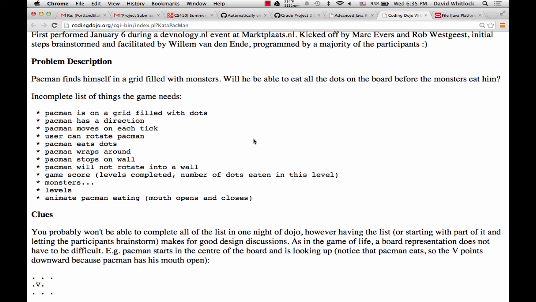Anybody else? So yeah, where do you guys want to start? What seems like the most natural place to start? Game board? Yeah. Creating a character. Character? Yeah. Start menu. Yeah, okay. I always feel like I'm on a game show. Let's see, start menu. Anyway, okay.